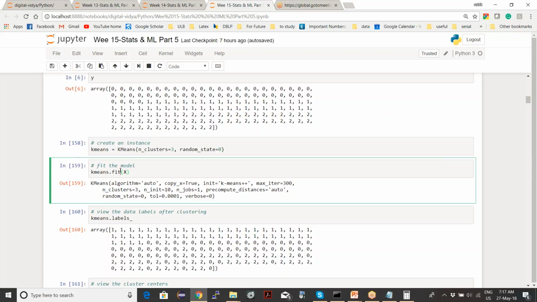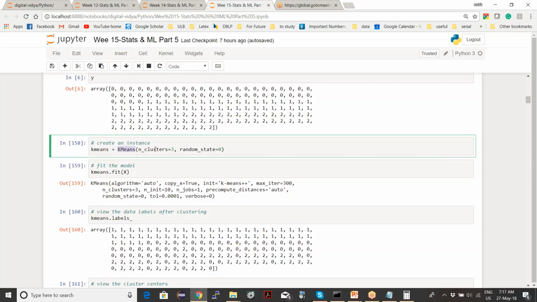So how to use it is very straightforward, as in all other cases in machine learning we have seen. You create the instance of the class, you pass the parameters specific to that machine learning algorithm, then you fit your model.